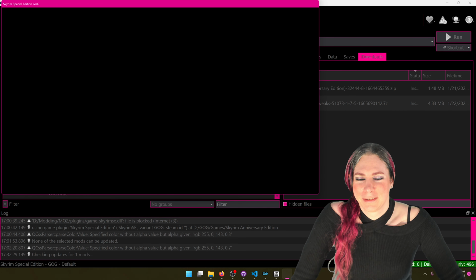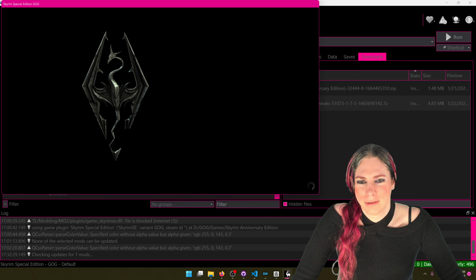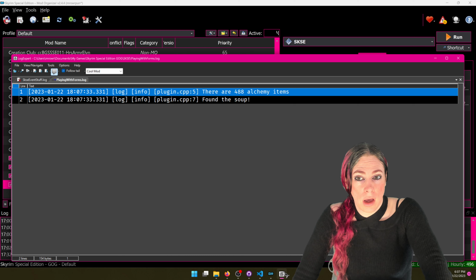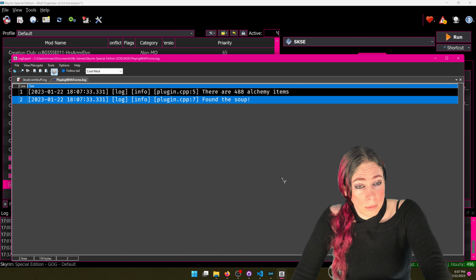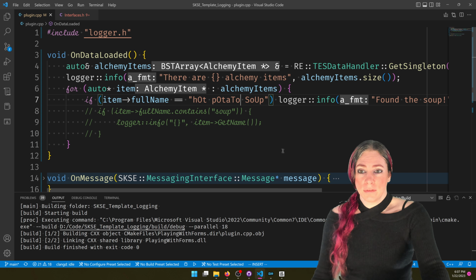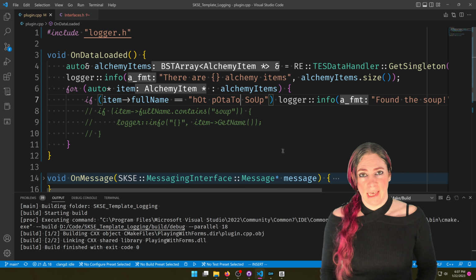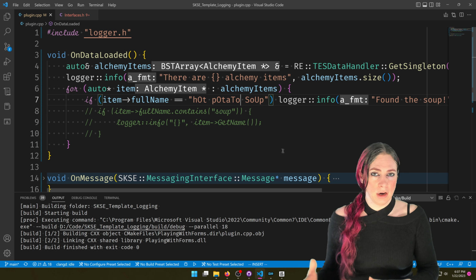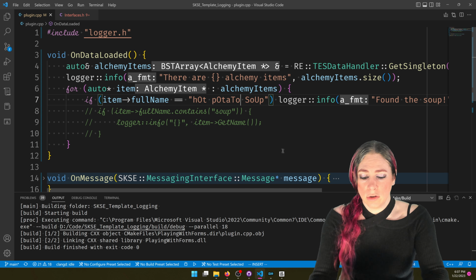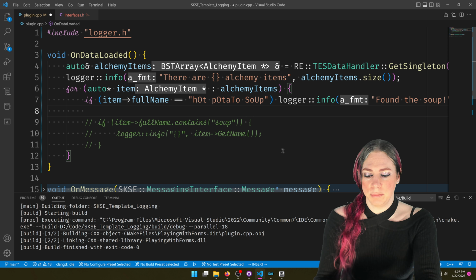Potato. Like tomato. Doesn't. Okay, cool. Let's see if it worked. Found the soup. Cool. So if you ever need to do case insensitive checks, see if the object, the string that you're checking against in Papyrus, or rather here in CommonLib, has a BSFixedString equivalent, or you can just take advantage of BSFixedString and say